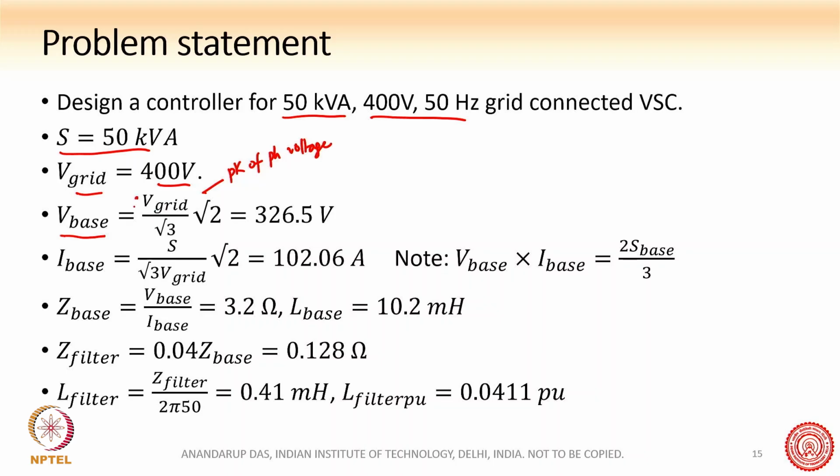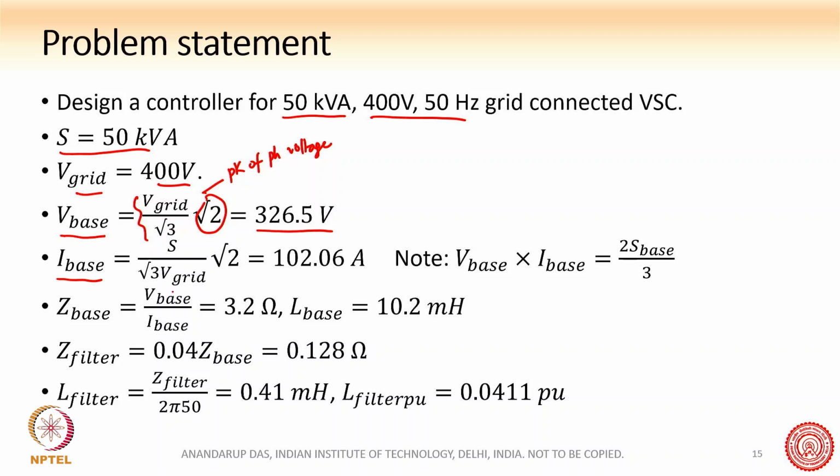So V grid by √3 into √2, okay. So the peak of the phase voltage will therefore become 326 volt. In a similar way, I base will be equal to how much? I base will be S by √3 V grid into √2, okay. Basically S I base